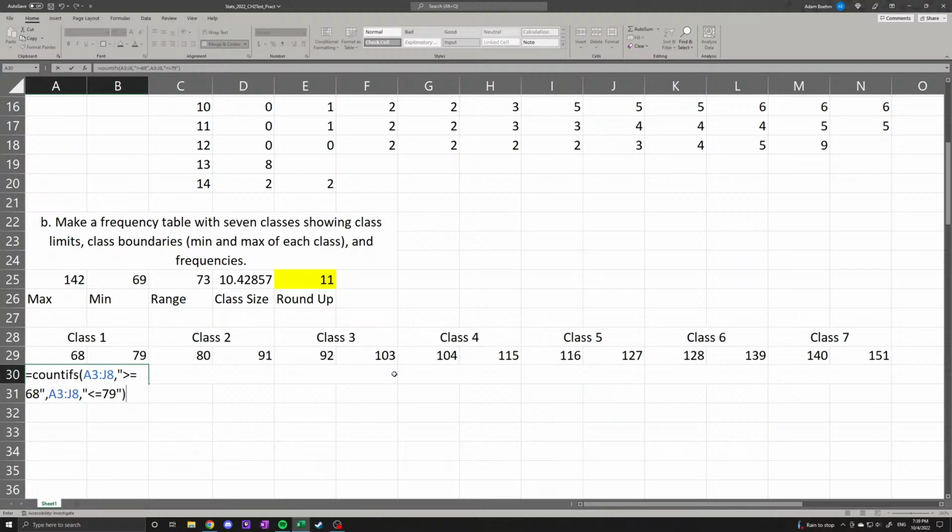And then if we just hit enter, it's counting that number of things. Okay, and we could go back up and check, but that is right. We're going to do the same thing for each of these classes. So equals COUNTIFS,